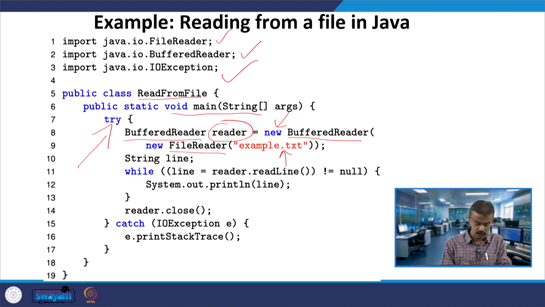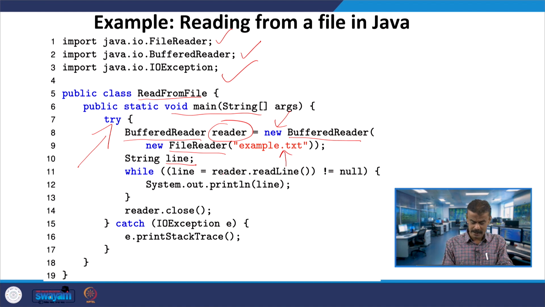I have String line; line is a variable, exactly what we have done in C++. In Java it is slightly complicated syntax, because you have to use all the keywords: FileReader, BufferedReader, etc. Now, while line is equal to, in C++ it was very simple.